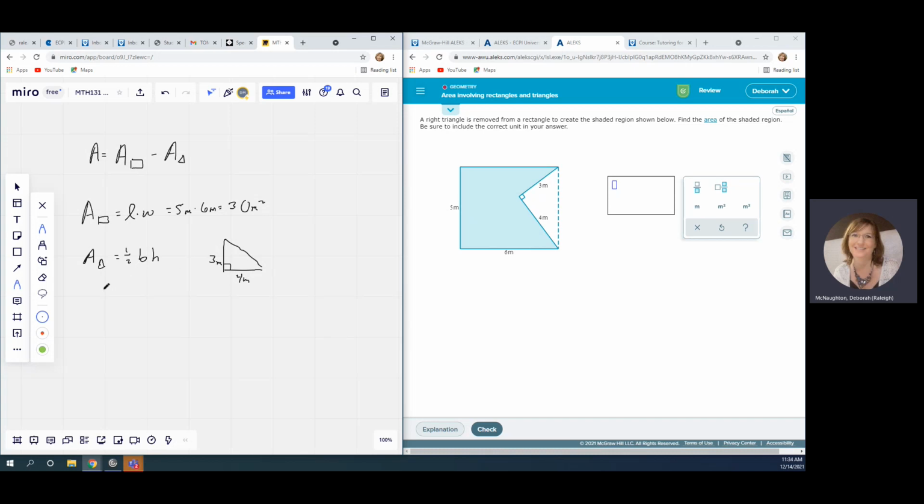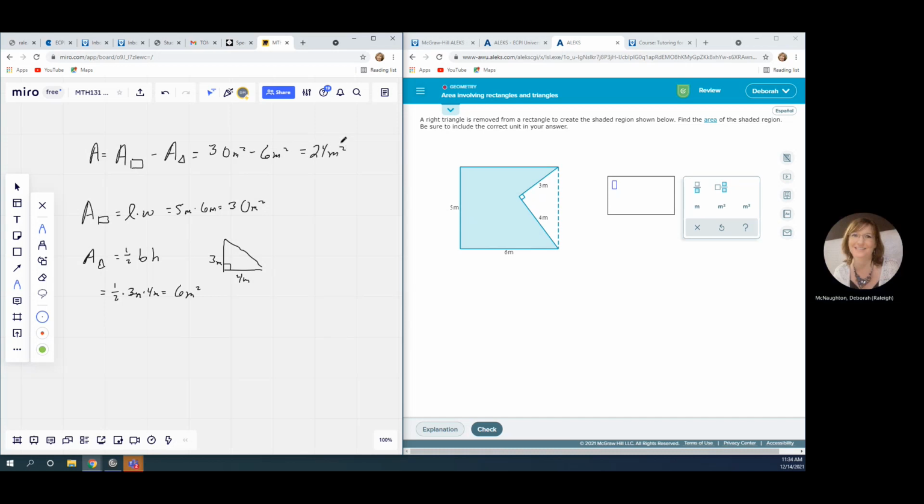So this is 1/2 times 3 meters times 4 meters, which is, if you put that in, 12 divided by 2 or 6 square meters. And then we're just going to subtract. So this area is the area of the rectangle, which is 30 meters squared, minus the area of the triangle, which is 6 meters squared. So I get